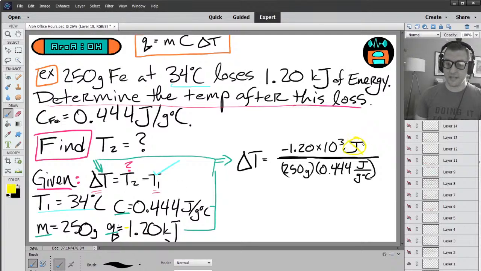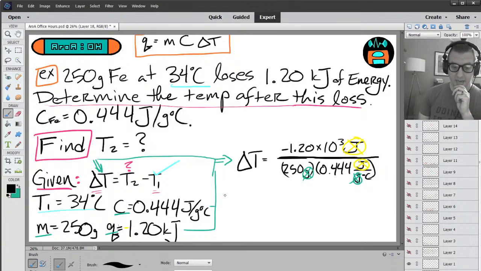You'll notice that our energy units cancel. Our mass units also cancel. Temperature is the only thing that's left, which is what we want. And so now we're good to punch our numbers. So negative 1,200 divided by 250 divided by 0.444